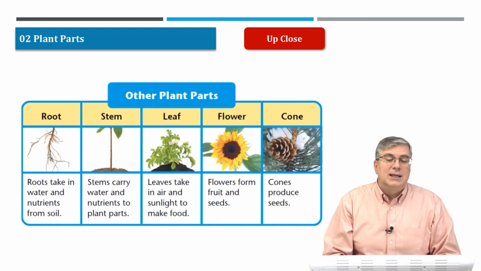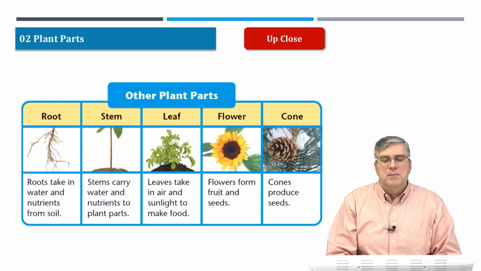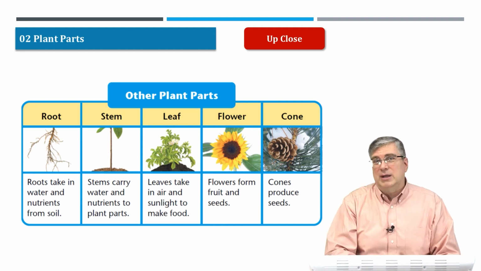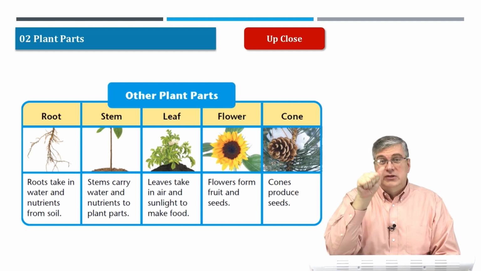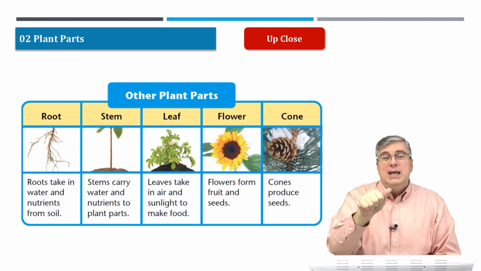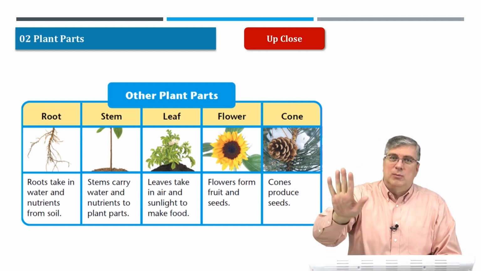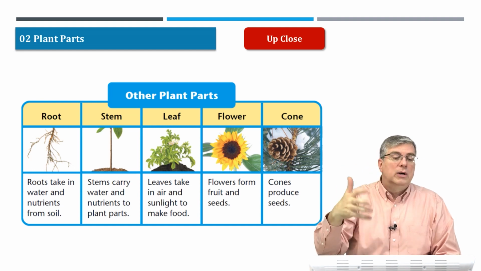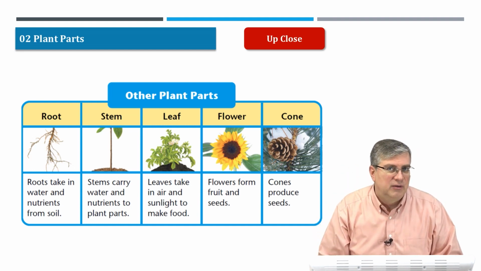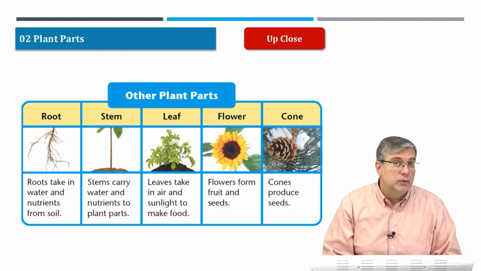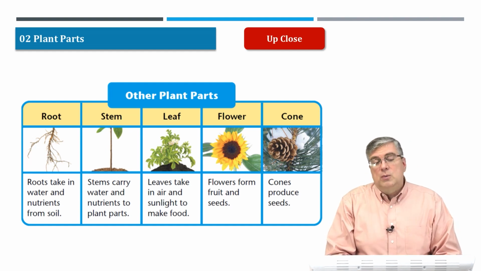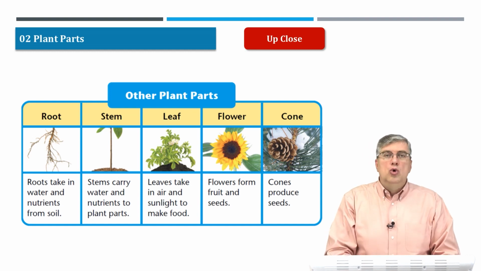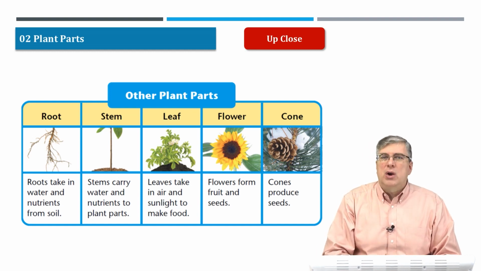Okay, let's continue and look up closer at the different parts of a plant. We already talked about two, right? We saw petals attract animals and insects to the plant, and thorns keep animals away. Those are two parts of plants. What are some other parts of plants? And you probably know some of these, or you've experienced some of these. The first word we have is root. Now, a root is a part of the plant that is